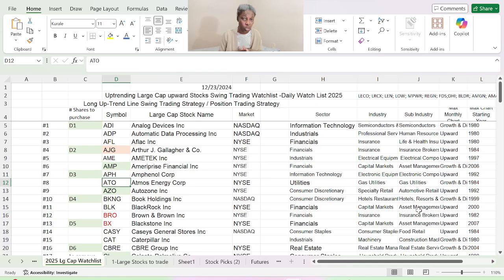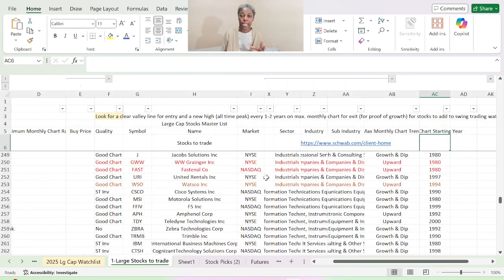my watch list spreadsheet, especially my master list, so that after we review the stocks, we analyze them and pick the ones that we'll use to create our 2026 watch list, or our new year watch list. We will pull those to another tab, another sheet, and then we will, if the list is wide and